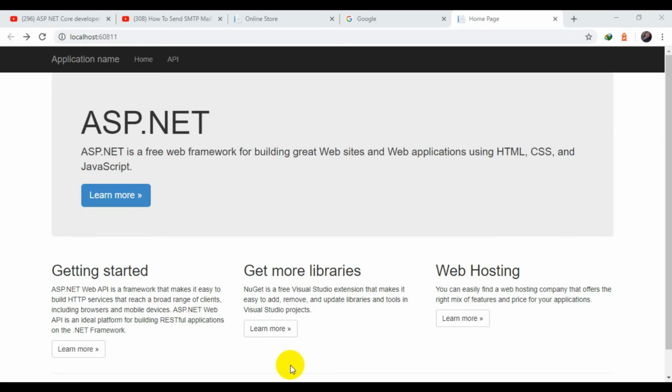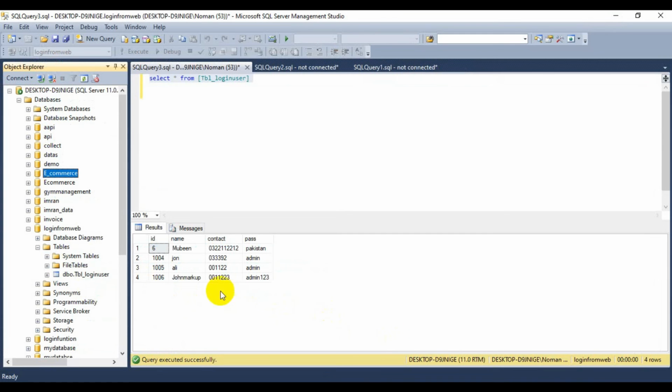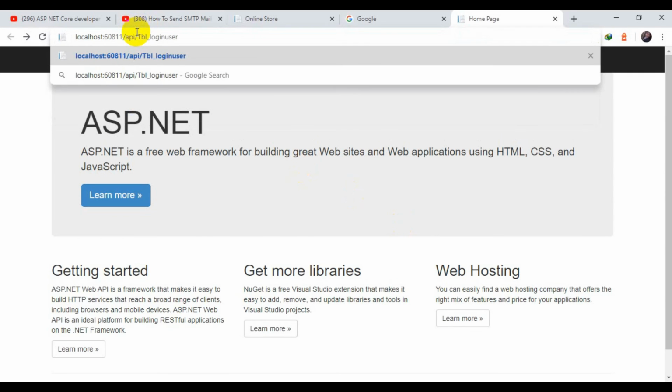This is our output after successfully running on Google Chrome. I have copied this API/table logins to get all the records from the database, in which I have 4 records. The project is running. Right click and paste it here.